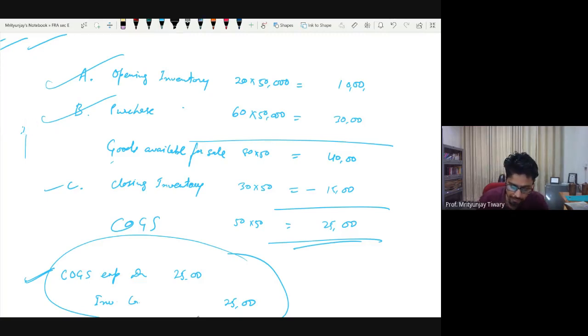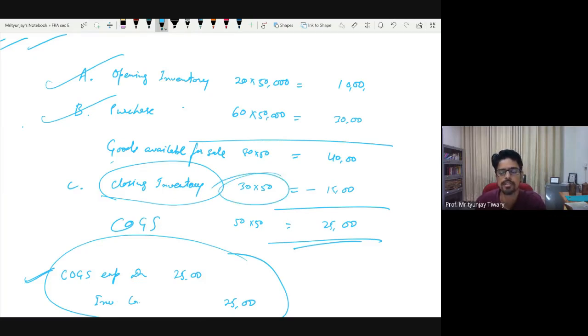Once you get this information, all the effort you need is to find out this last piece of information. For this one, you need to actually go and check your godown. You went ahead and checked your godown, so you found out what amount of inventory you are still left with. So if you add what you had to what you purchased, then you get what is available for you to sell. If you subtract from that what is left, then what you get is what you actually sold off.